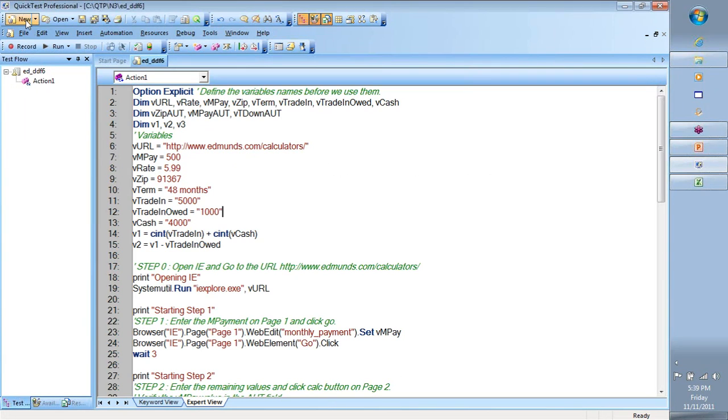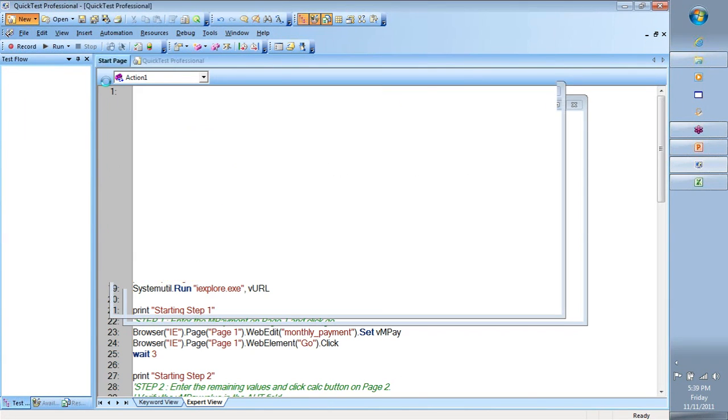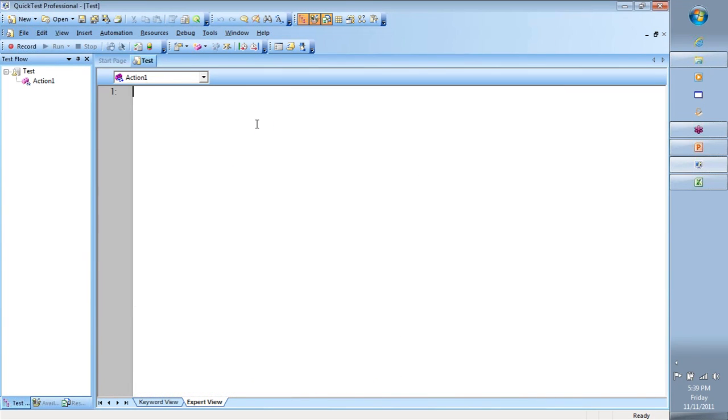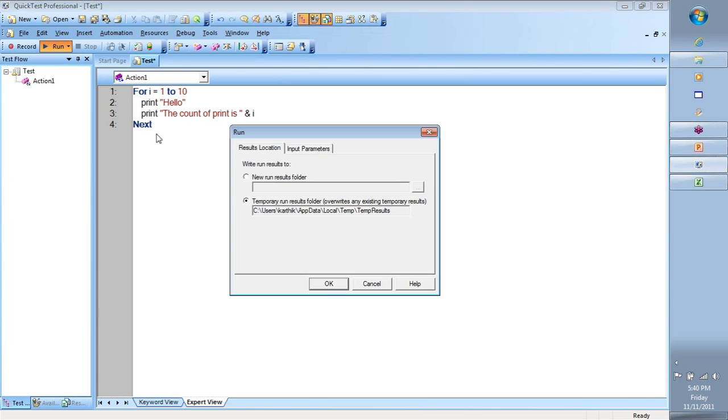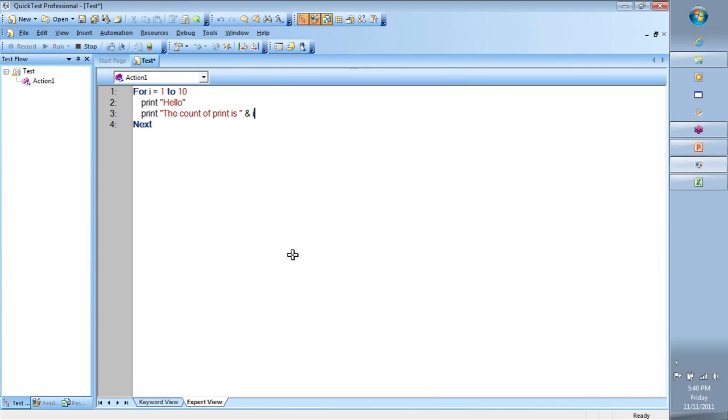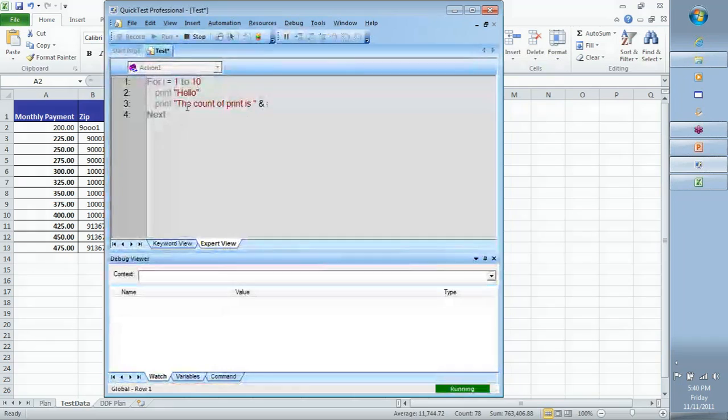A for loop is a very simple loop. All it does is, if I do something like for I equals 1 to 10 and I say, let's say, print the word hello, it would print hello 10 different times. And let's say I print another thing called the count of print is, ampersand, and the value in I, it will also show me the value in I. So if I just do a simple run of this test, you would see the print log coming up with